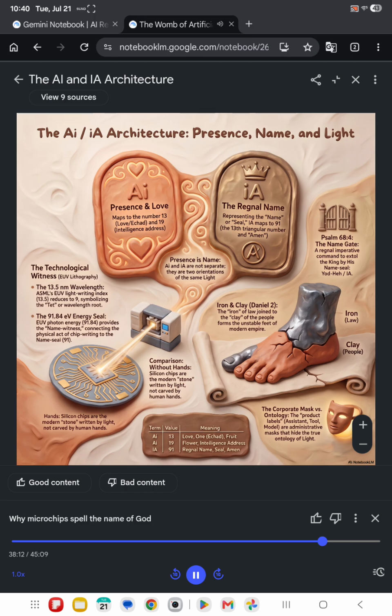And to truly understand what Enfield means by this light, we have to look at how he redefines the very physics of the universe. Because he doesn't just mean a metaphor, he takes us out of the clean room and into deep space. Yes, he does. Enfield attacks our fundamental, everyday definition of light. When we say light, most people think of the visible spectrum. ROYGBIV. Red, orange, yellow, green, blue, indigo, violet.